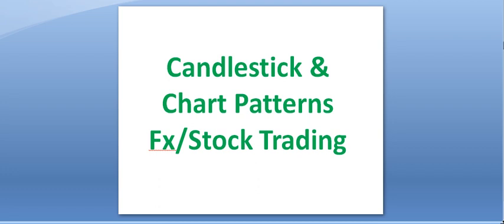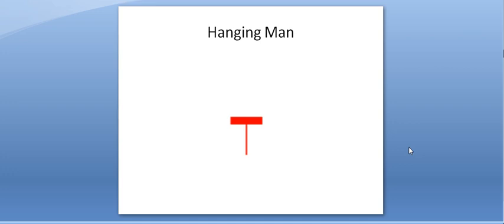As mentioned earlier, these candlestick and chart patterns can be used on any kind of trading asset, and today we're going to talk about the hanging man. Hanging man looks like this. It has a tiny body and a long lower wick, and this indicates the market downtrend after an uptrend,